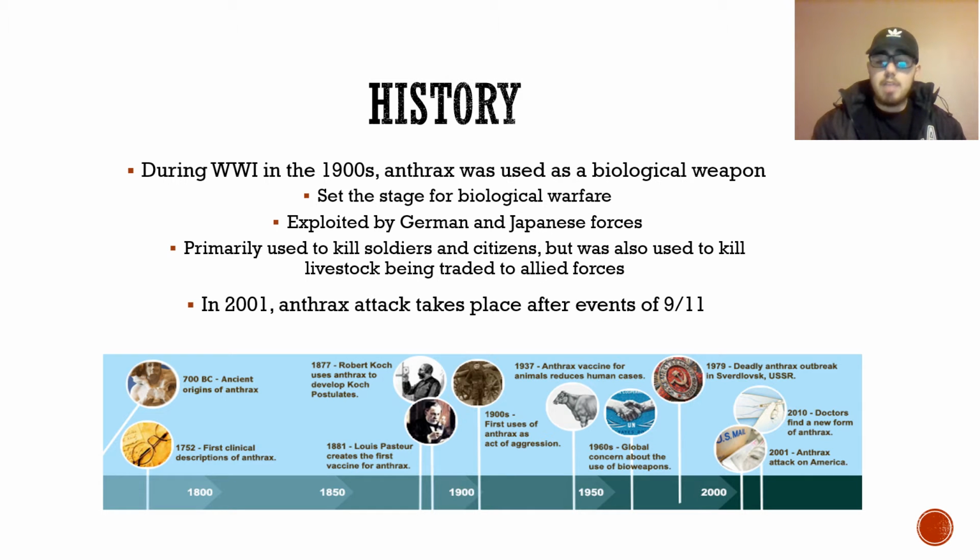Last slide for history. During World War One in the 1900s, anthrax was used as a biological weapon, and it set the stage for biological warfare. That's why biological warfare is banned, because of when the German and Japanese forces exploited anthrax to kill their opposition. It was primarily used to kill soldiers and citizens, but was also used to kill livestock being traded to Allied forces. In 2001,